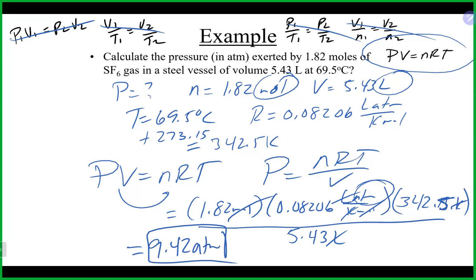Now, other things that you sometimes need to do with gas laws: a lot of times you're given things in grams, so you use the molar mass to convert to moles. Also, volume is a lot of times in milliliters that you need to convert to liters. So 1,000 milliliters per liter, and using the molar mass to go from grams to moles, are common conversions you also have to do with this. Any questions on